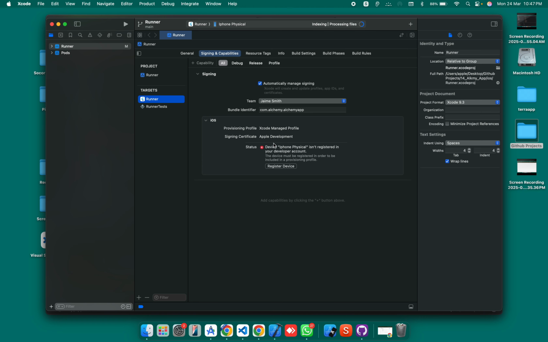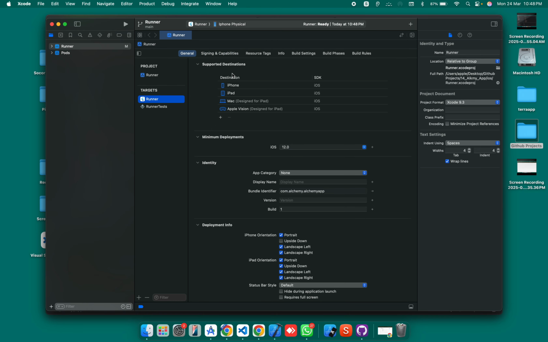You have to bring your personal physical device and connect using the same Wi-Fi, or you can connect using your data cable. Right now I have connected my physical device, so I will click on register. A physical device is needed when you are registering your app for the first time, so it will take some more minutes. So our app is ready. Here you see it's ready to go.